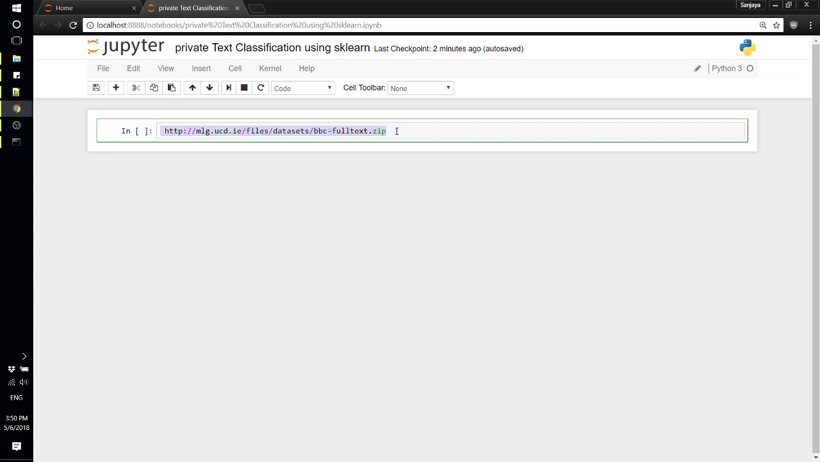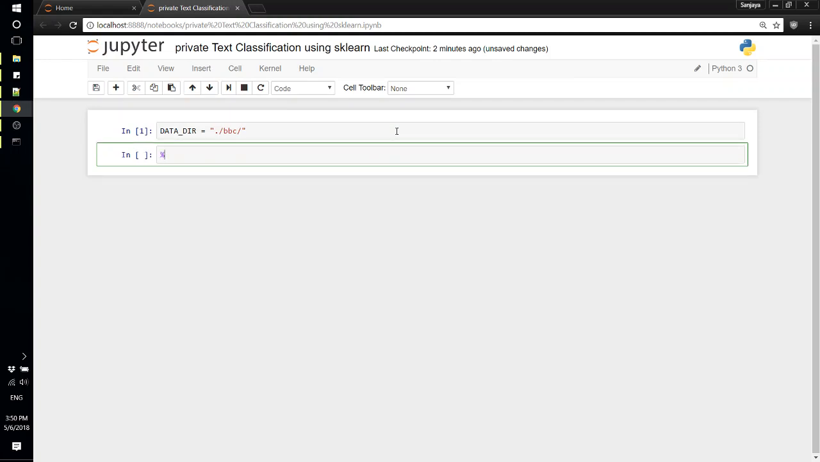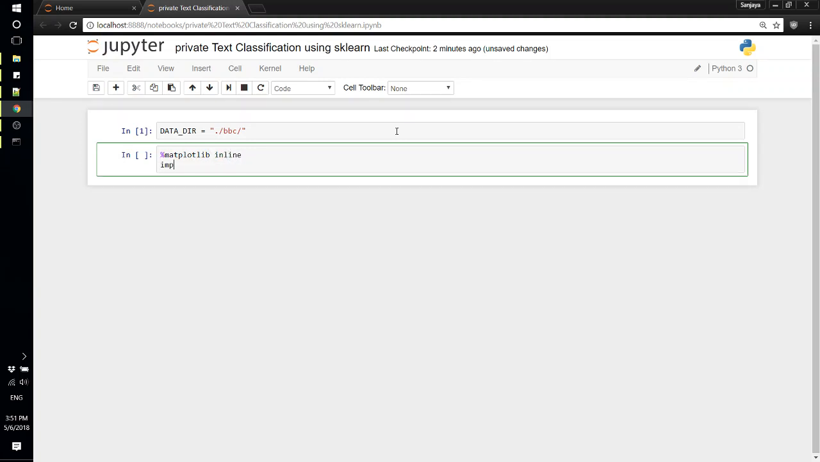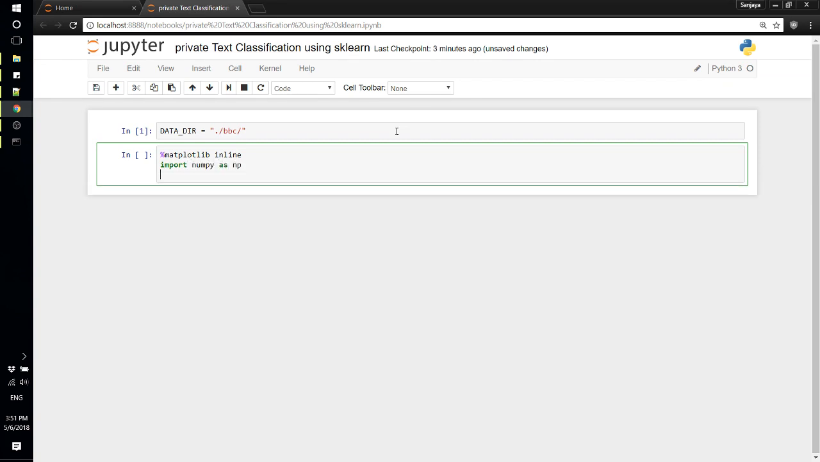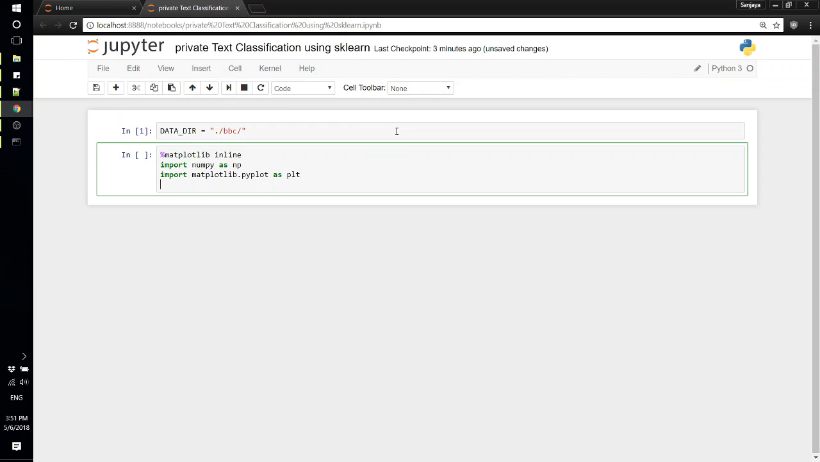So first of all, let me define the data directory, BBC. Then let's import a few libraries that we'll need. Inline, then let's import numpy as np, matplotlib.pyplot as plt, just in case we plot something. Then from sklearn datasets,